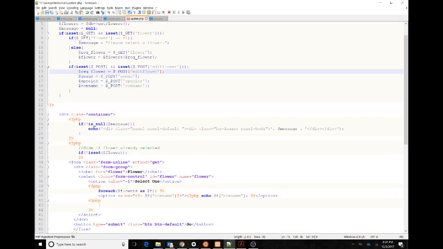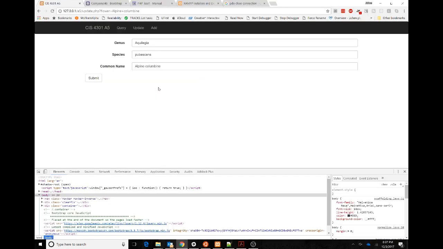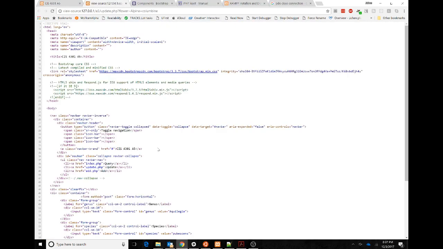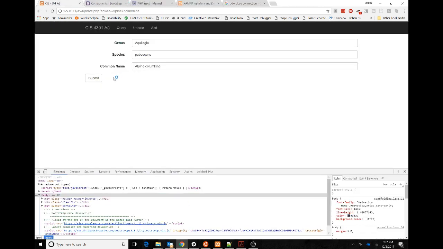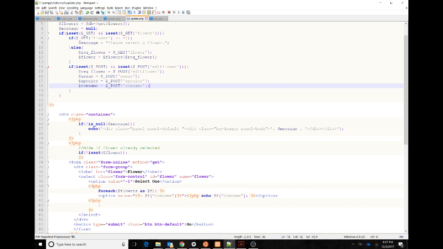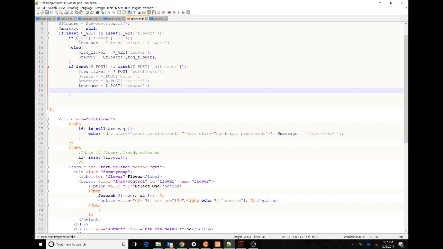Okay, so hopefully what I'm expecting is that I get the data, and then just make sure that runs and compiles. And if I look at the source here, view the page source, so we see the hidden right here. So it's hidden, the edit flower, we have the common name. So everything's looking pretty good. So now if I submit it, I should be able to get the data. And right now, nothing's going to happen, right? Because what we need to do